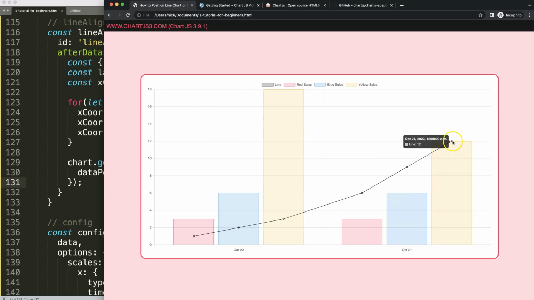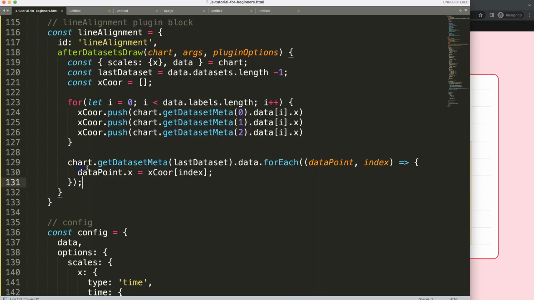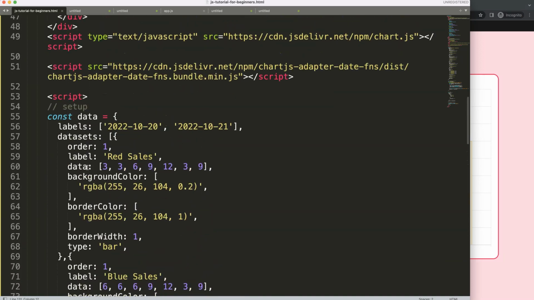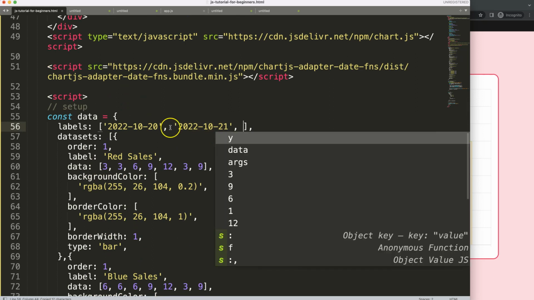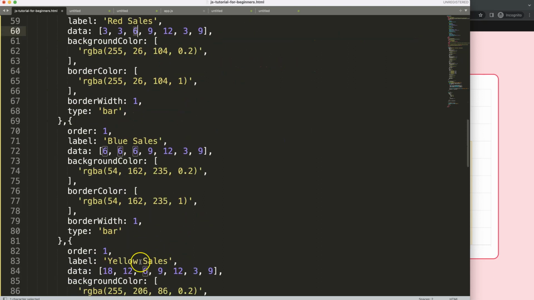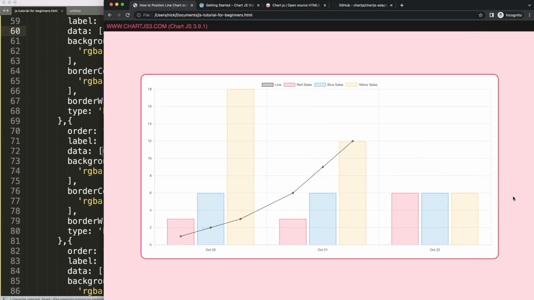So we have this. What I want to do, and this is very important, is see what happens if we have another data set. If you have a new data set, you have to do another item that I'll show you later on. But we are going to add a new day, and our numbers will then eventually match here because we have already values ready. So if I do this, right now it's not showing, and the reason why it's not showing, of course, is